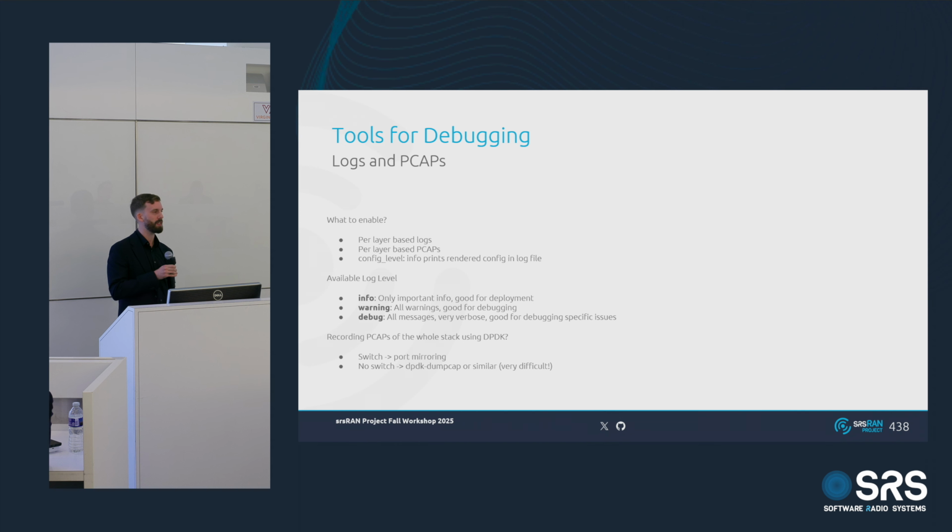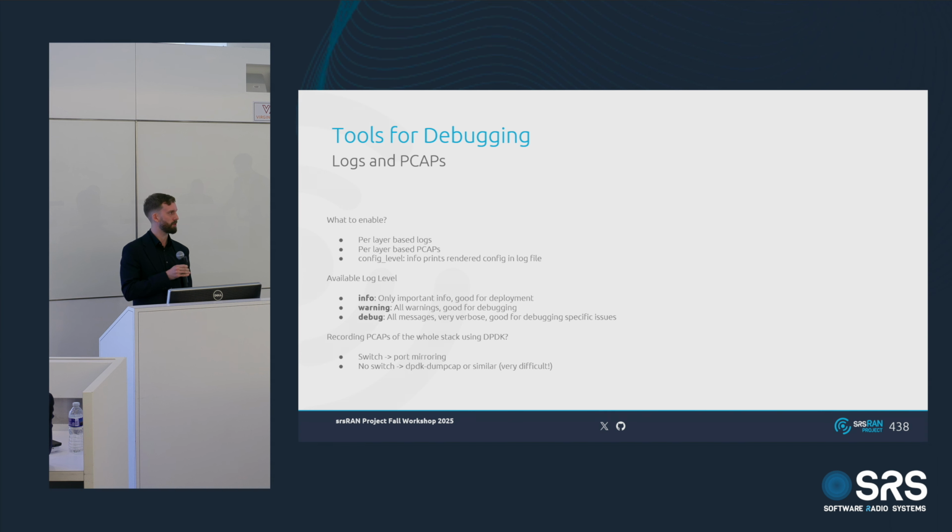So you can record PCAPs inside the gNB, but this does not cover the whole messages. So what I think people usually do is just using tcpdump, but if you use DPDK, this is not possible. So what I do there is I use port mirroring on a switch. I just send all of the traffic coming in and out of that port to another one and record it